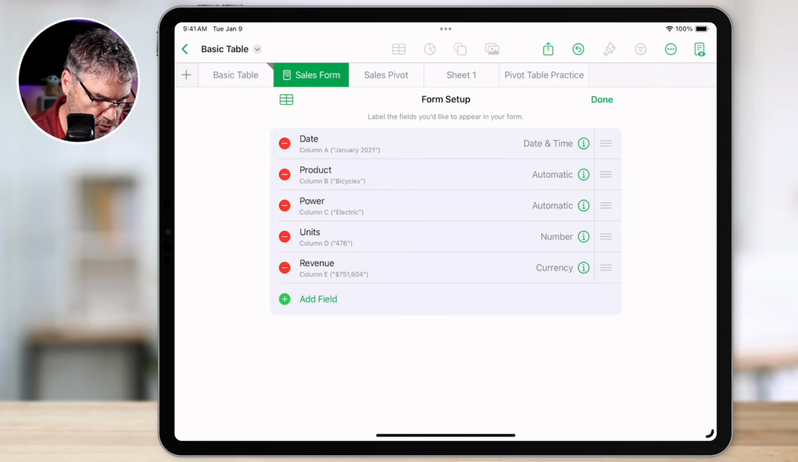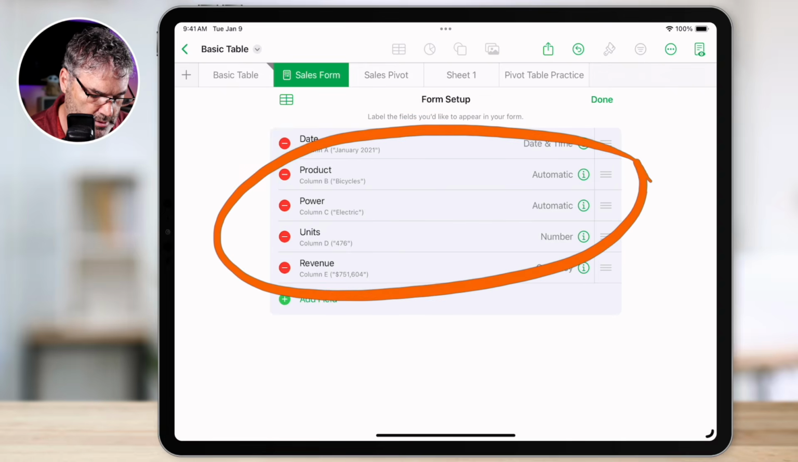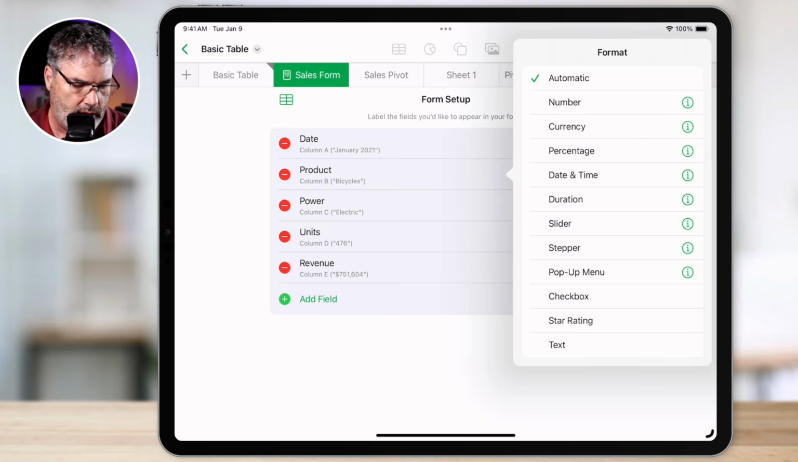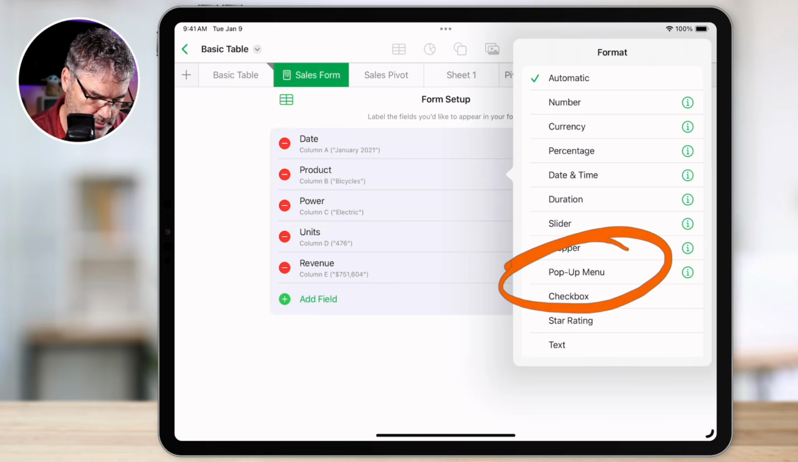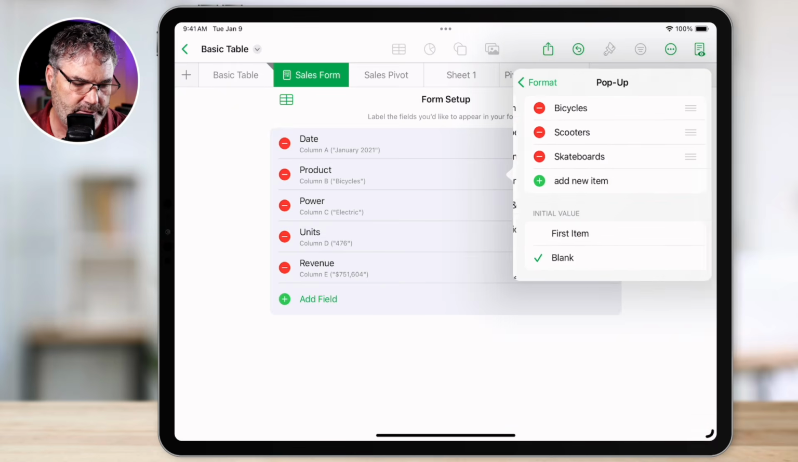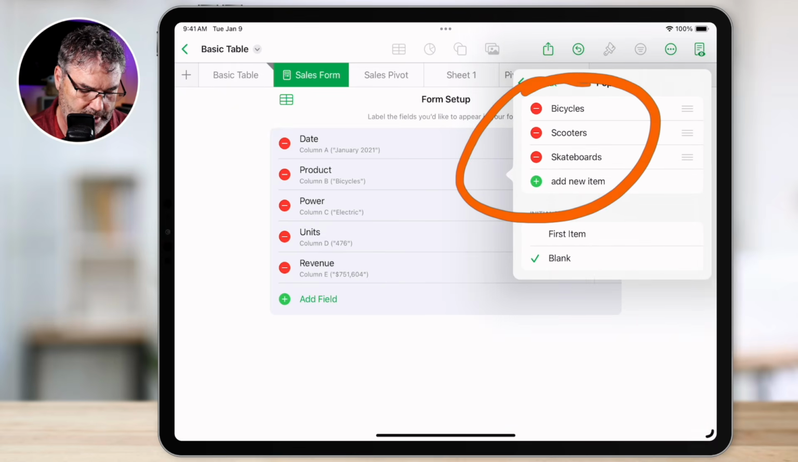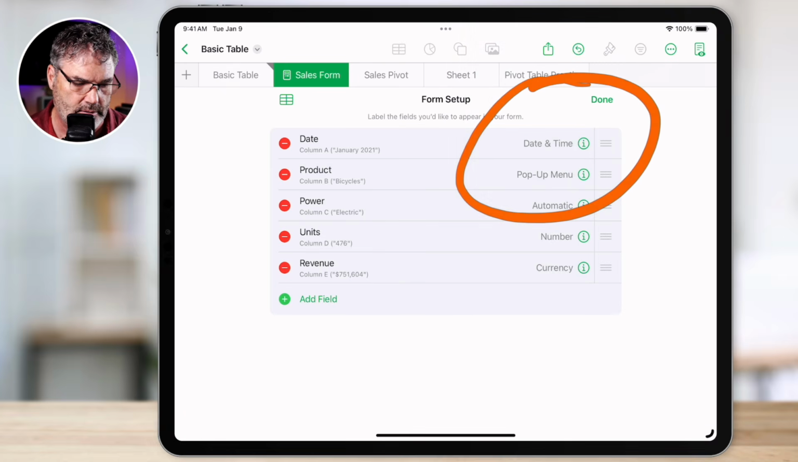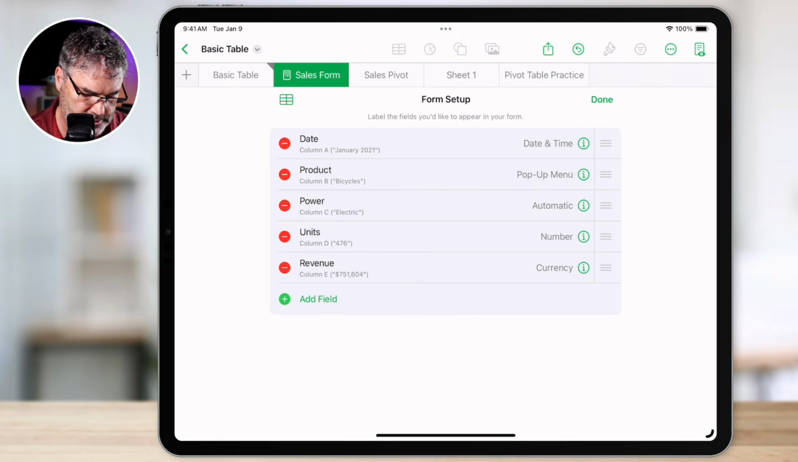So what I'm able to do is make all these pop-ups. Let's go ahead and do that. All I have to do is tap on the I here. Right now it's set to automatic. I don't want it to be automatic. I want it to be a pop-up menu. So I tap on the I, and we can see that it pre-filled it. That's what I want. So just go back, tap on it, and we can see that this is set for